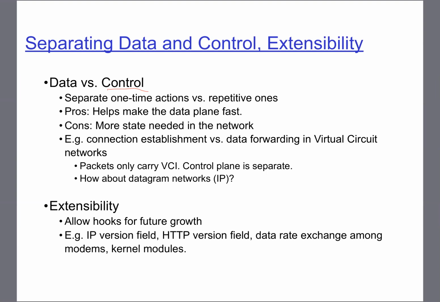A different concept is that of extensibility. Whenever you're designing a complex system, you have to keep in mind that the system may be extended in the future, in ways that you cannot potentially anticipate. So it's always a good idea to leave some mechanisms for extensibility. For example,